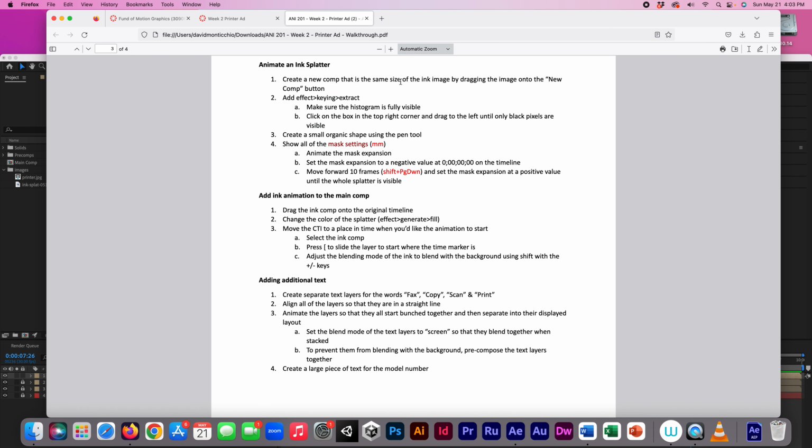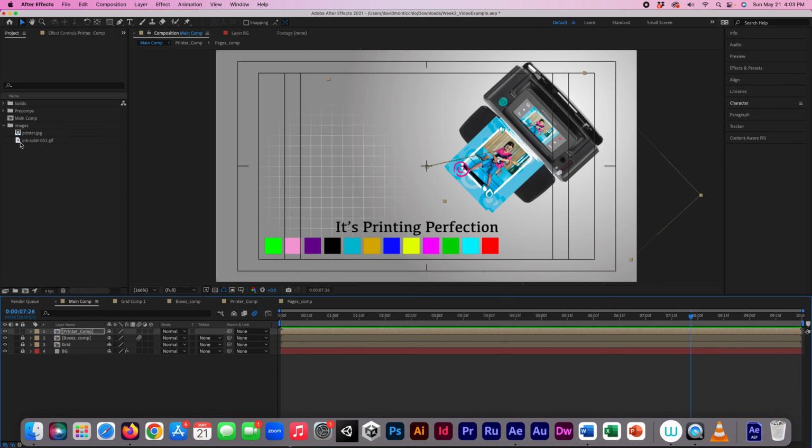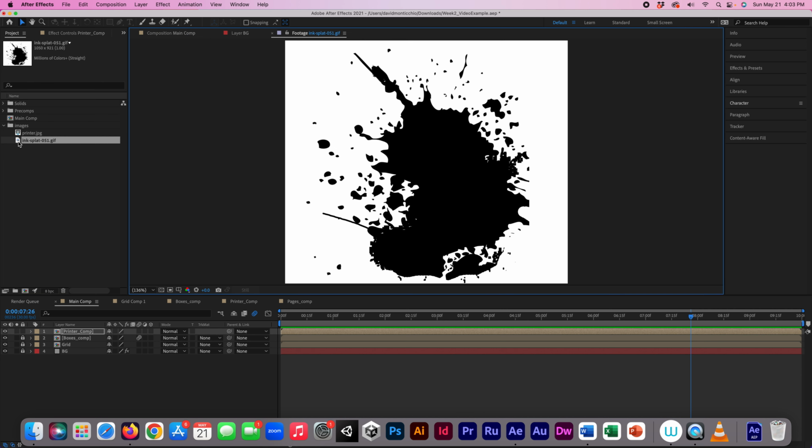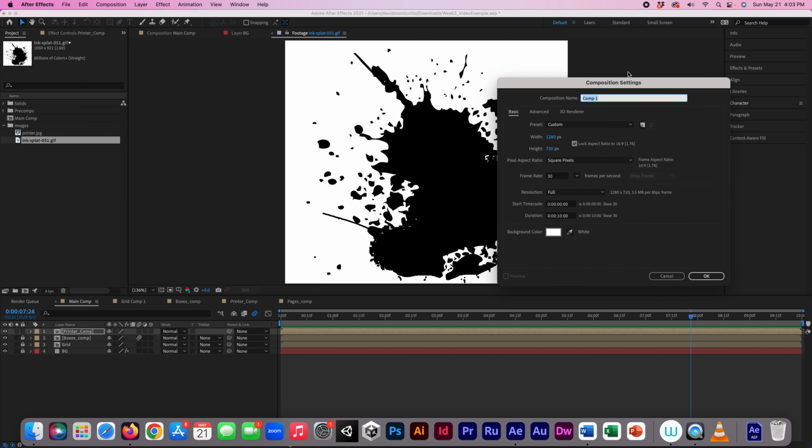Create a new comp that's the name size of the ink image by dragging it into the new comp button. Basically I've got this in my images folder because I downloaded my ink splatter. If I put in the ink splatter and double click it, there we go. Here's my ink splatter. Now if I were to go into composition, new composition,